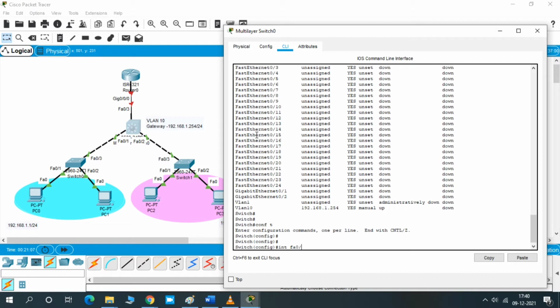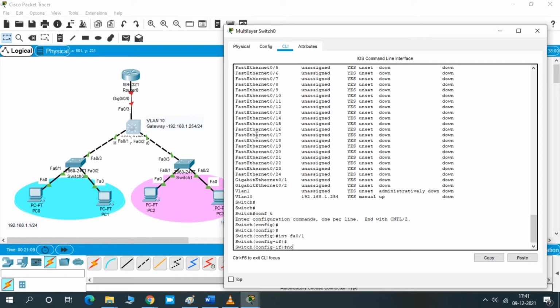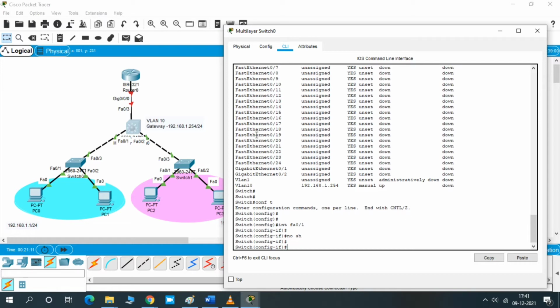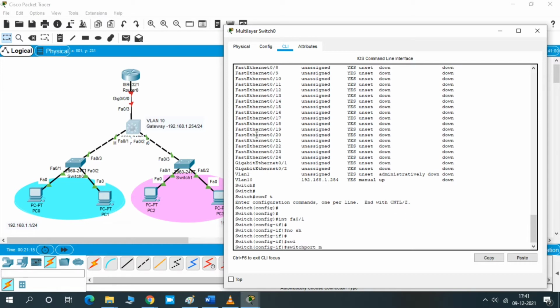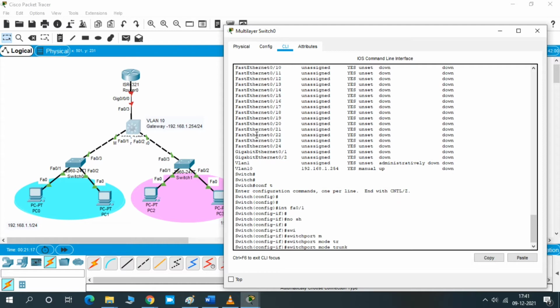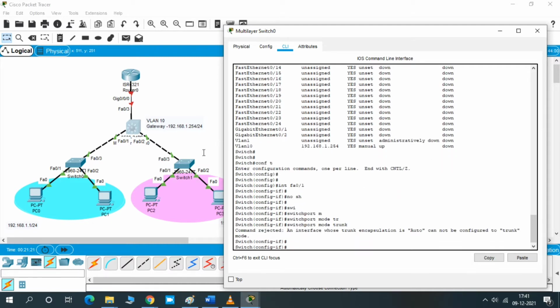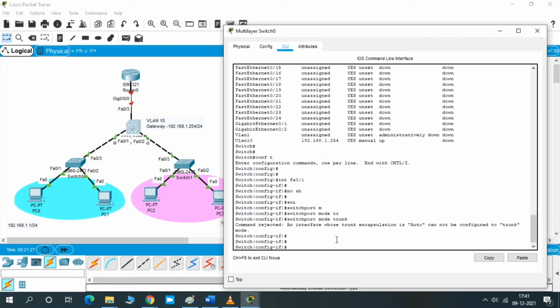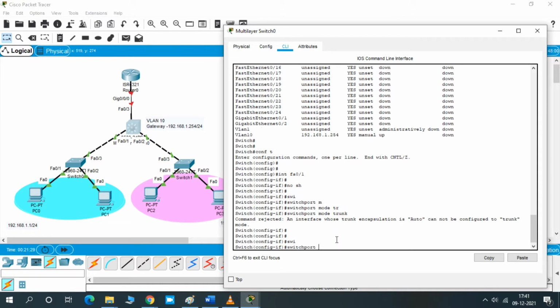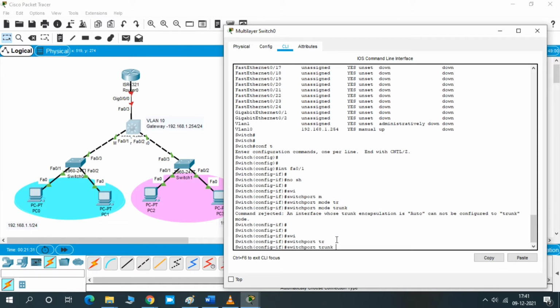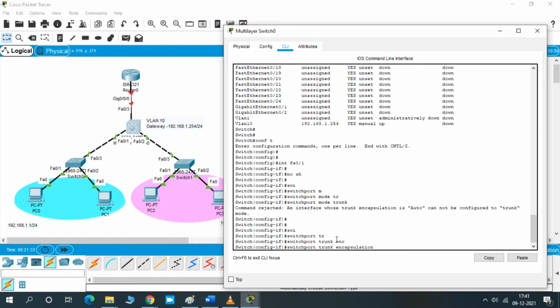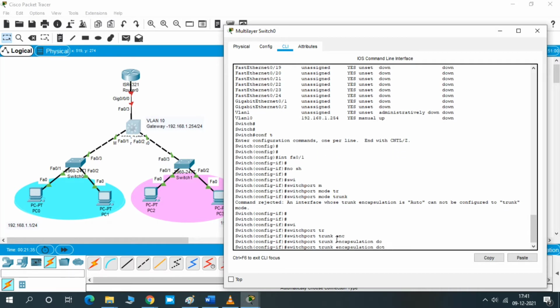In configuration mode, just enter interface Fa0/1. You will get interface mode. Just give no shut because by default, on most real devices, it will come up administratively down. You have to enable it. So just type the switchport mode trunk command. Here we are getting an error, so we have to type the encapsulation. Some of the old switches won't support the direct switchport mode trunk, so you have to give the encapsulation command. So just give switchport trunk encapsulation dot1q.